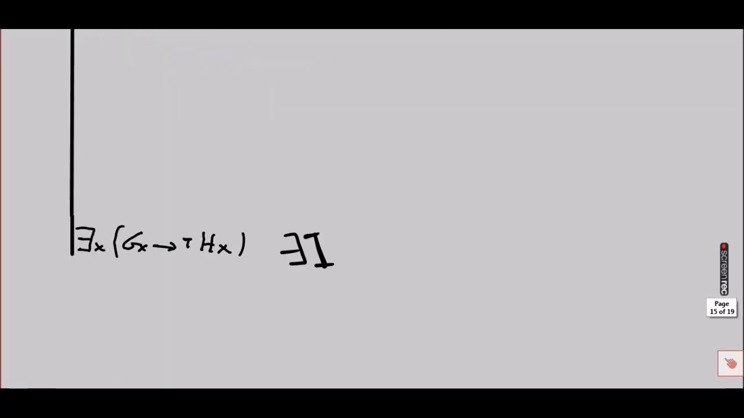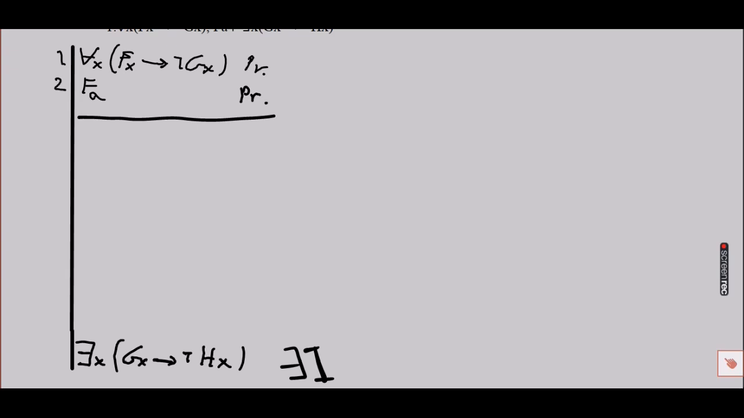Okay, here we have this problem. Notice that here our goal is to get to an existential. That's the goal at the end. So we set up the proof the way that we did before. Premise at the top, the goal at the end. So my goal is to get to this thing. And since this is an existential, I'm trying to introduce an existential. So my plan is going to be to use